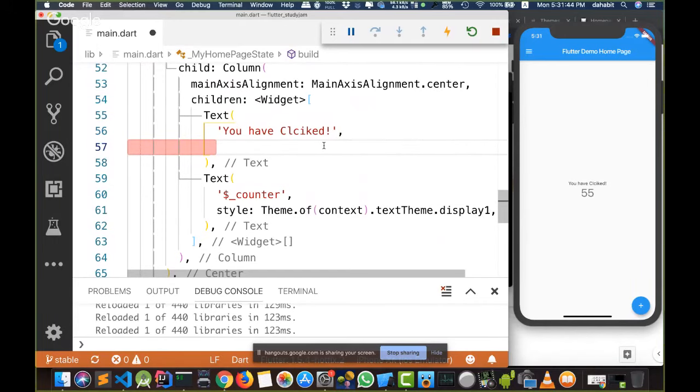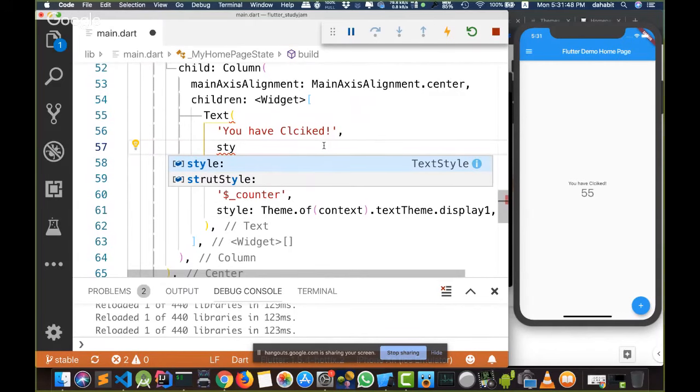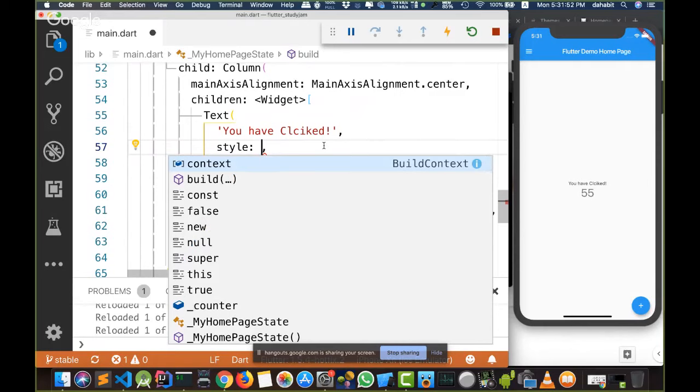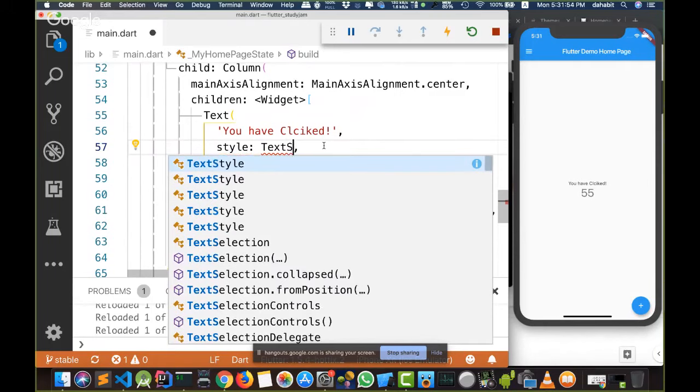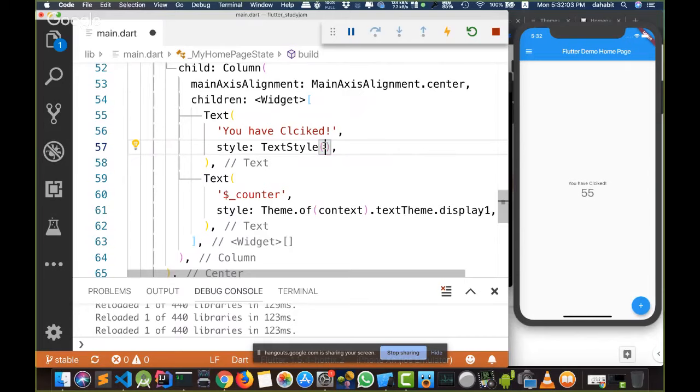It's very easy. I want to change the style. It's simple, meaning that there will be a method or a property called style that's responsible for changing my style. And this style, I want to change the style for text, so there is a widget called TextStyle for changing a font or any text style.